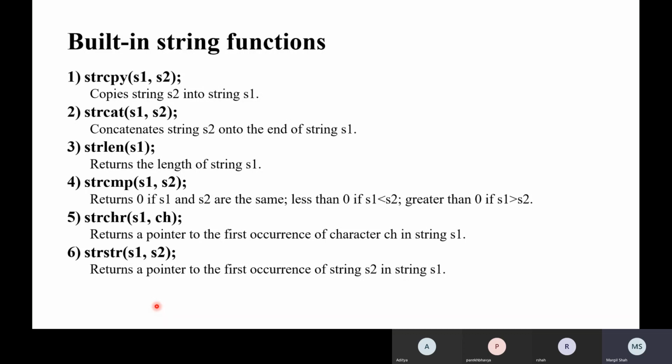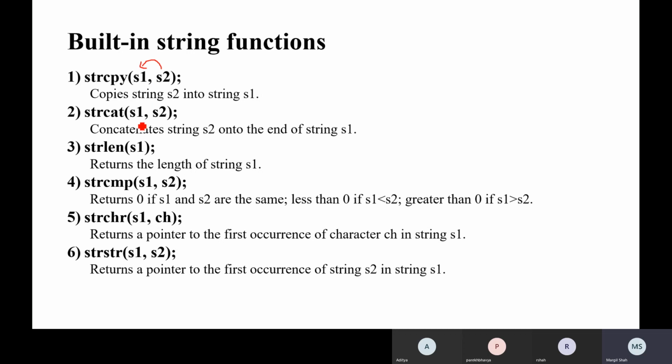Suppose the manipulation is copying a string from one string to another, we can use the function strcpy, that copies string s2 into s1, like this. Basically whatever the data of s1 is there, that will be destroyed and s2 will be copied into s1.